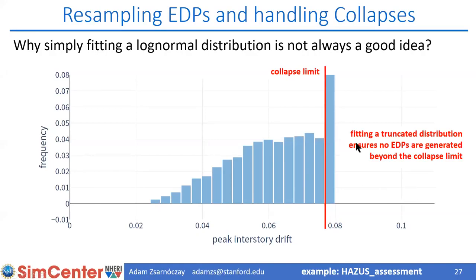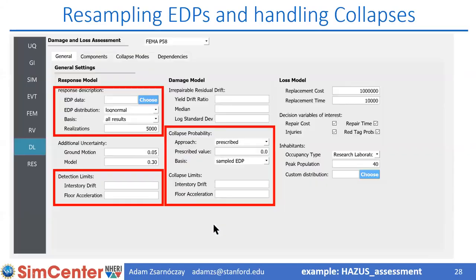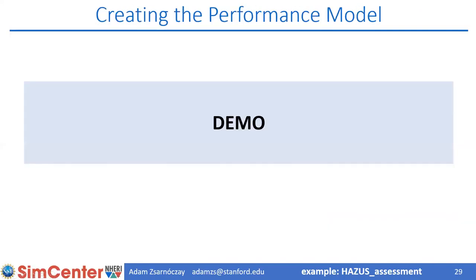So what you can do is you fit a truncated distribution, which we automatically truncate at the collapse limit. And we make sure that all the EDPs that are generated during the loss assessment are going to be below the collapse limit. So this way you can make sure that you are indeed sampling EDPs that are conditioned properly on no collapse. Now, let me jump to the application and show you how this looks like